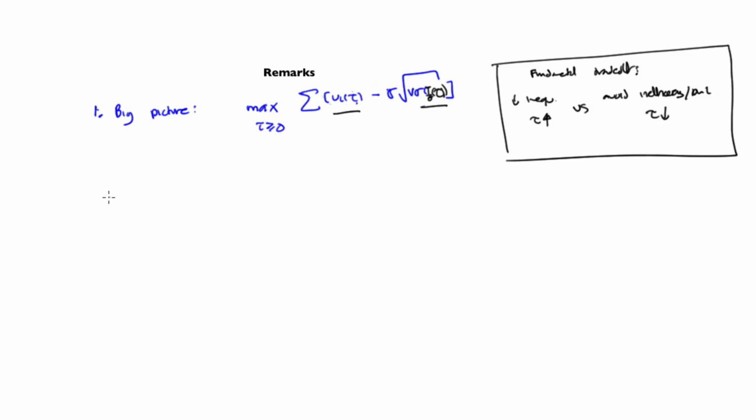The second is a comment about robustness. Are the fundamental insights robust? The answer is yes, although the details change. So if you write a more complicated model in which there are what are called general equilibrium effects, the tax can affect the prices, etc., the details of the formula are going to change, but the basic logic of the problem is very similar. And the third thing that I want to highlight is that the solution depends on the objective function